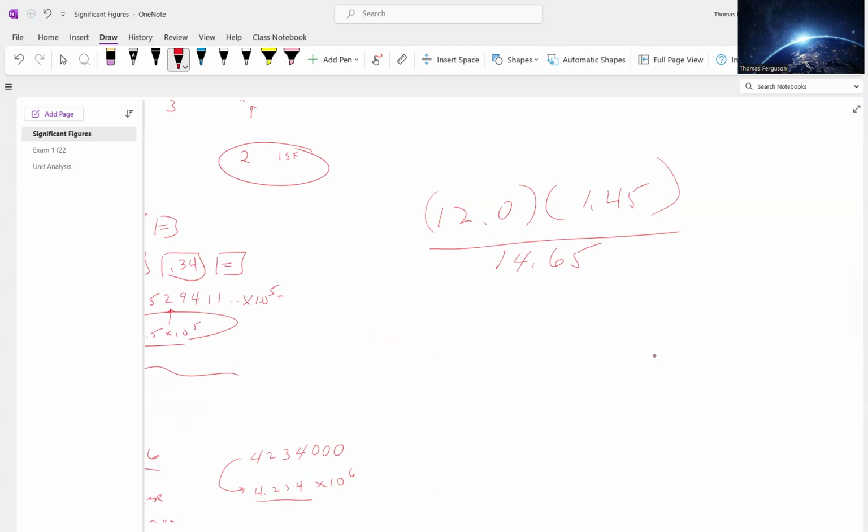what calculator you have. Now, if you haven't bought a calculator yet, I highly recommend you get one with an EE function on it. If you've already bought your calculator and it doesn't have an EE function on it, you can do one of two things. You can live with it, or you can get another calculator. I also have calculators you can borrow if you're in the lab. Okay, so to do this on my calculator,